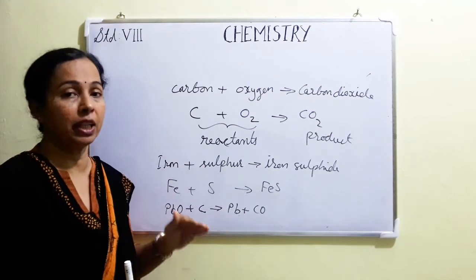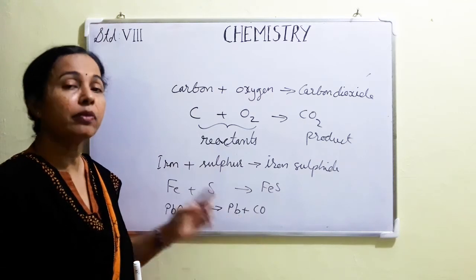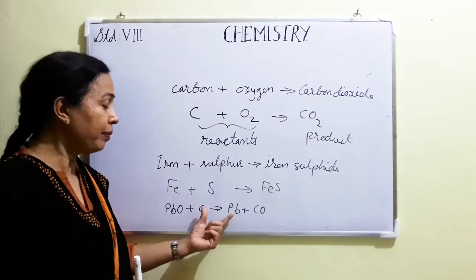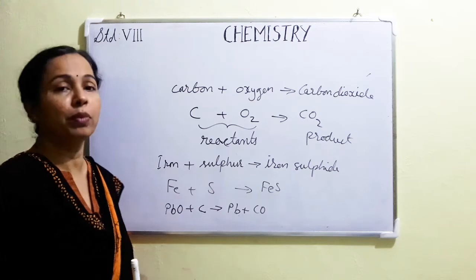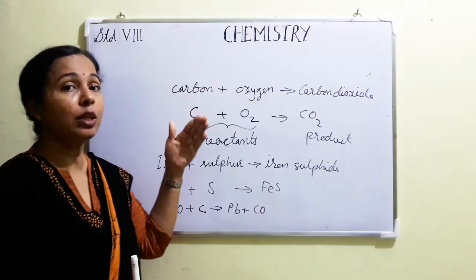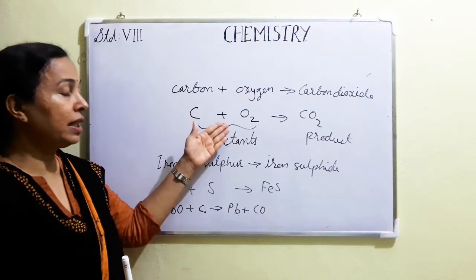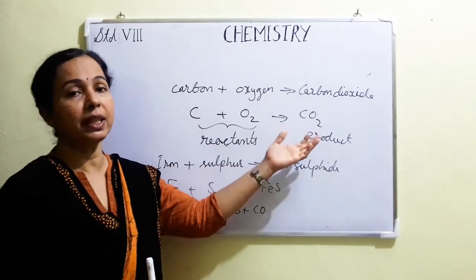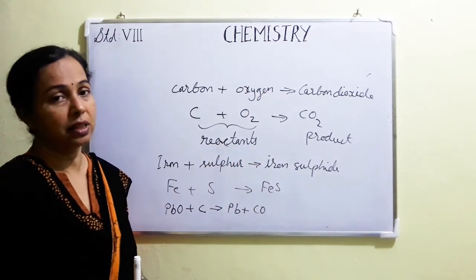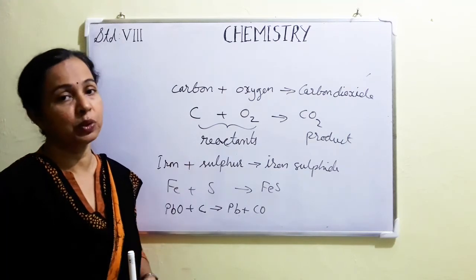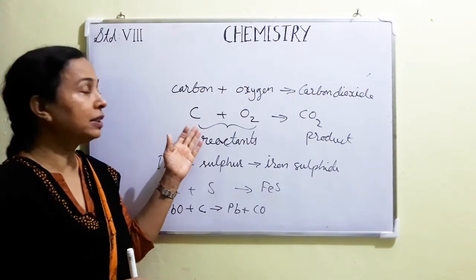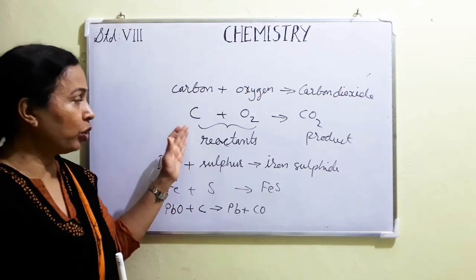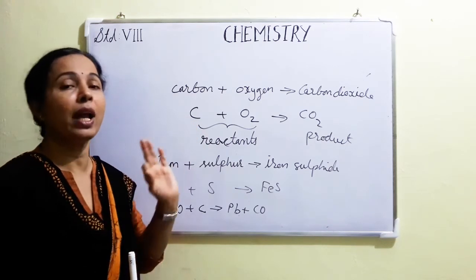Monoatomic molecules, when they come in an equation, no need of writing 2 here. Their one molecule contains one atom, or we can say their atoms can exist independently. For them, the symbol is enough. All others we will use formula. That is why the chemical equation's definition is written: a chemical equation is the symbolic representation of a chemical reaction using symbols and formulae of the various substances involved in the reaction. For monoatomic molecules, symbols are used. Even though we are using a symbol, we have represented that reactant or product in the molecular form itself, because for carbon its molecule and atom is same.